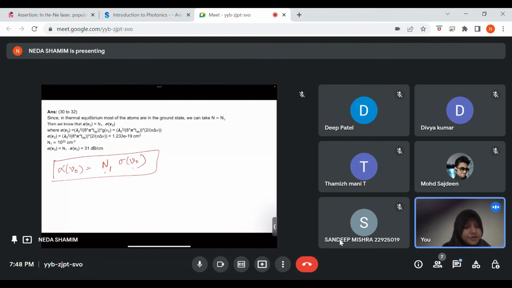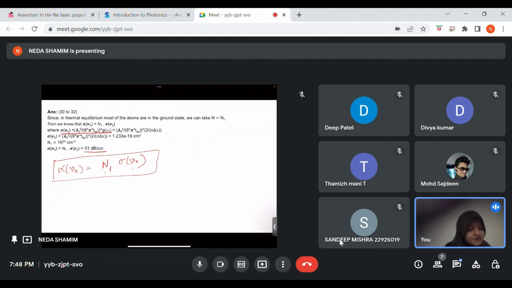Absorption cross section actually depends on the wavelength of the emitted light, the spontaneous lifetime, and also on the line shape function. So this is the formula for the absorption coefficient, and here we do some calculations and we find that this is equal to 31 dB per centimeter. Okay,